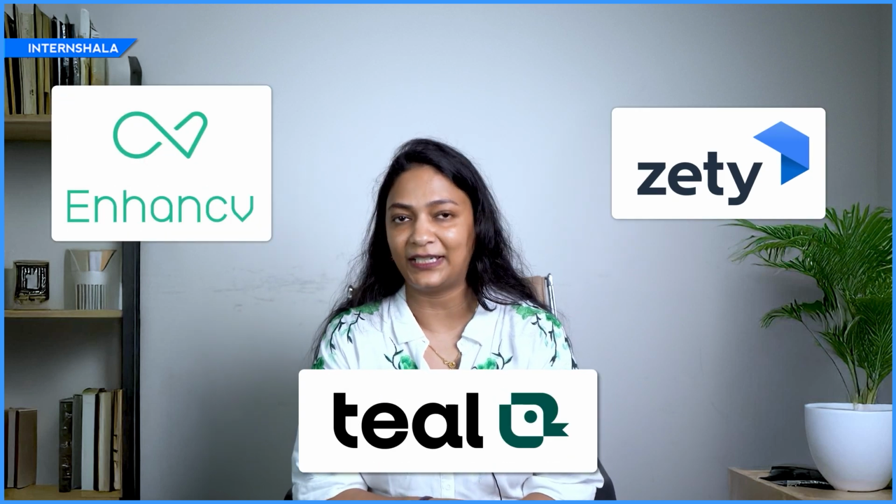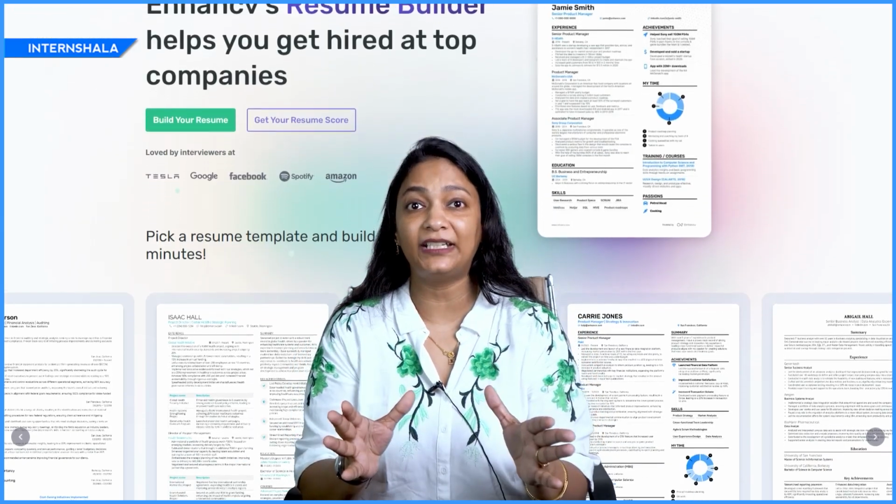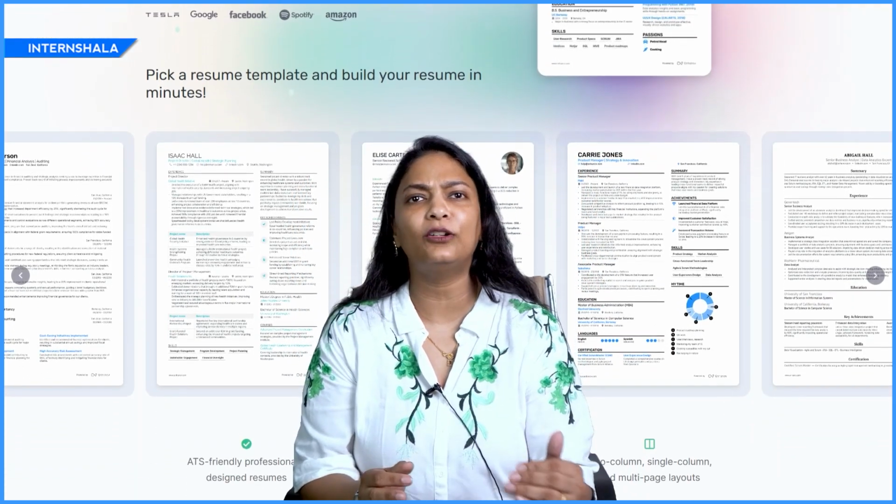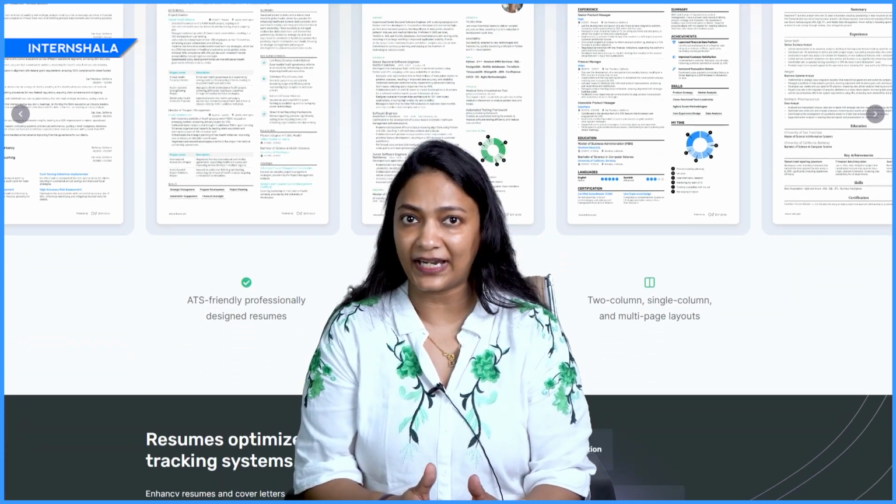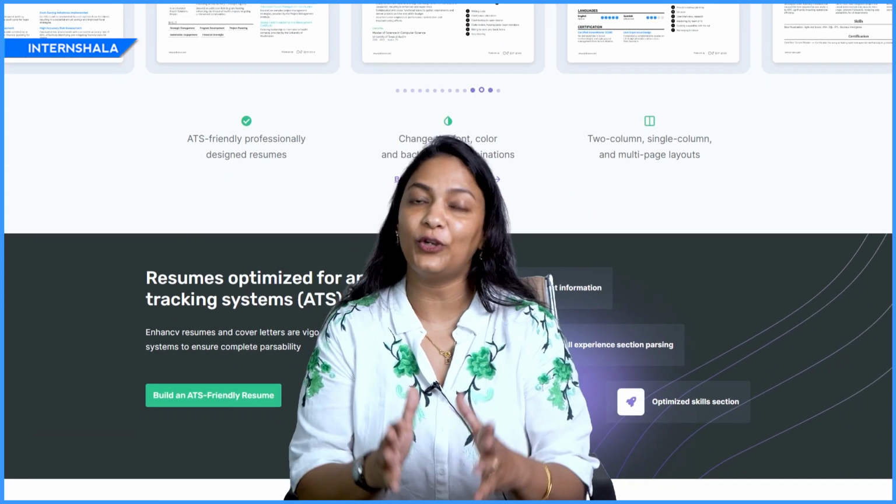That's it. You have now created the content for your resume. Now look for a free resume template that is simple, professional and easy to use and fill in all the details that you have generated from ChatGPT. You can check these websites for free resume templates. Once you have found a resume template that you like, you can just fill in all the details that you have generated from ChatGPT and that's it. You have your resume ready.